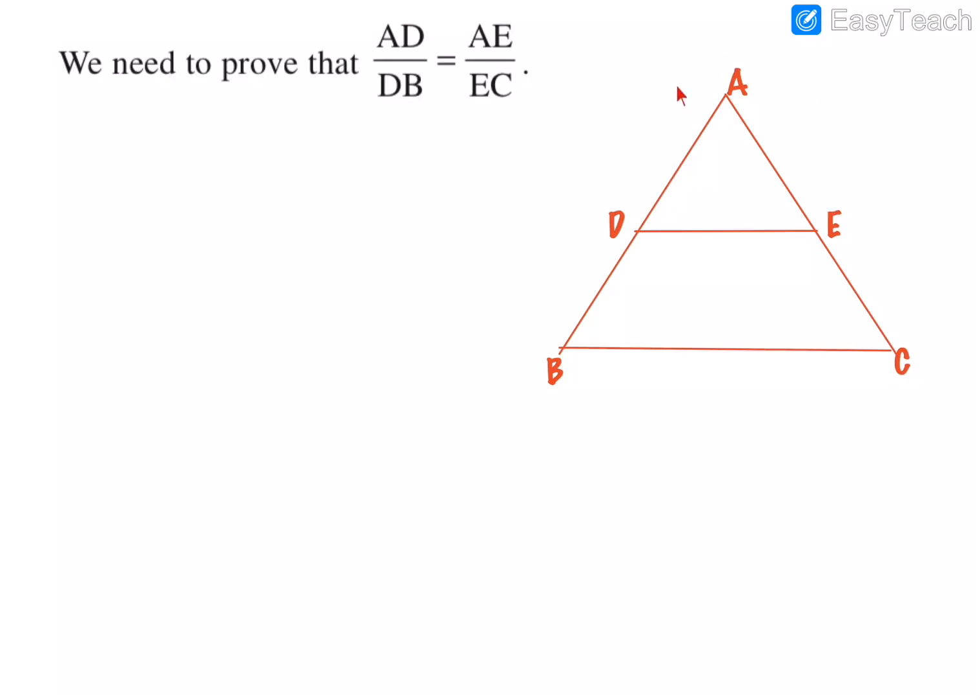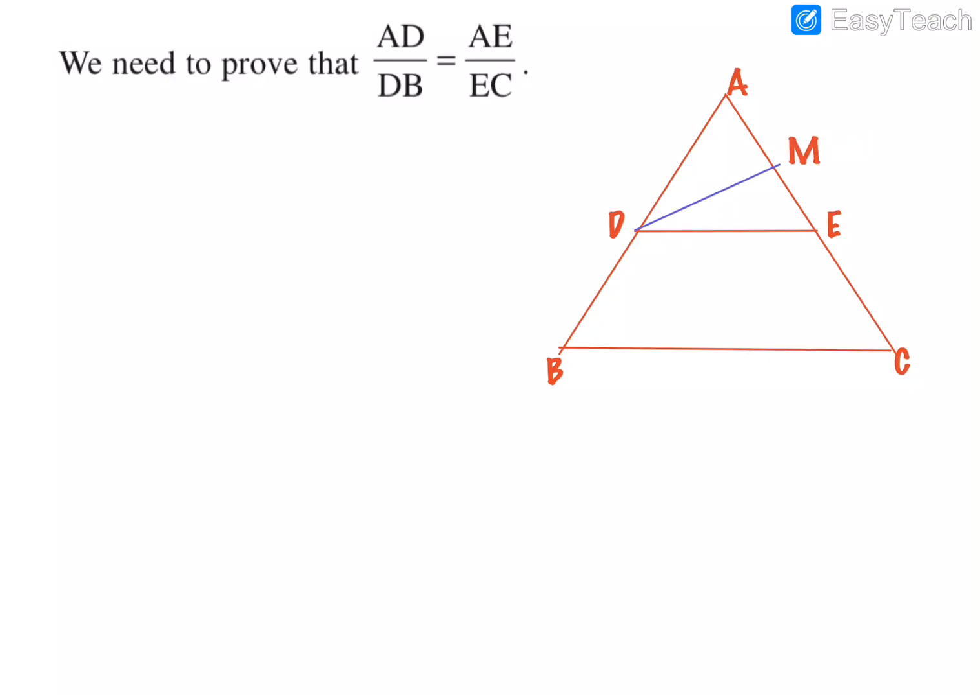Now we want to prove this, and what is our strategy? Our strategy is to use triangle areas. So for that we need some triangle area. We are going to use triangle area formulas, and what is the formula for triangle area? Half into base into height. So we need a height. Now let's take some height from D to a point, some point, let's say DM.